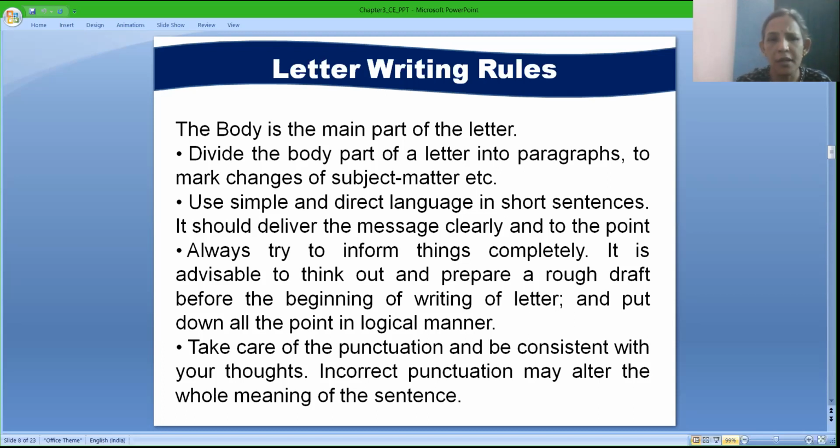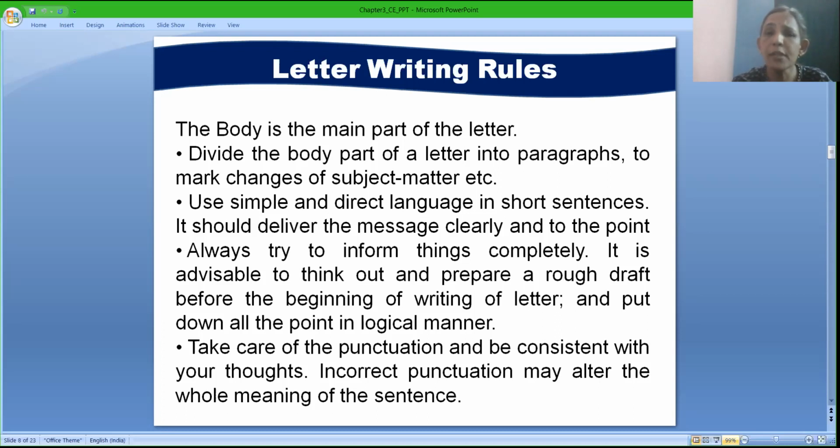Immediately after writing the date, you can add another column called subject. The subject will definitely show or highlight the importance of that particular letter. For example, the subject could be an application letter for leave, or a complaint letter for the product purchased on so and so date from so and so service center, organization or departmental store.